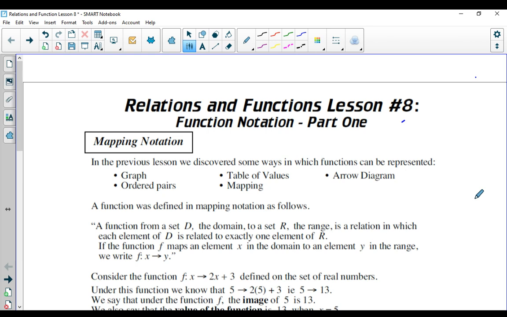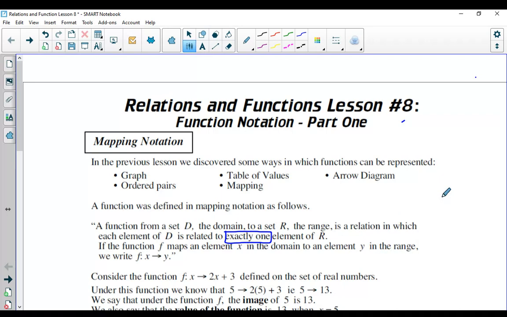Hello again, Math 10Cs. In today's lesson, we are going to continue to talk about functions, which we defined yesterday, where we can actually look at it from two different ways. We can look at a definition of what a function is, which is defined in the notes here. It says a function from a set D, the domain, to a set R, the range, is a relation in which each element of D is related to, is the key part, exactly one element of R, which means that